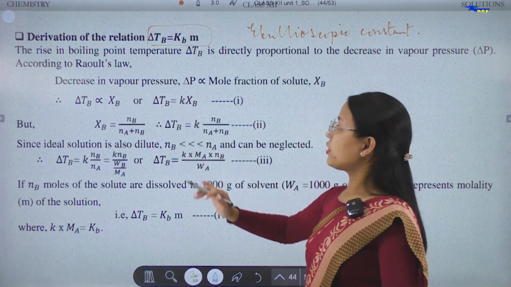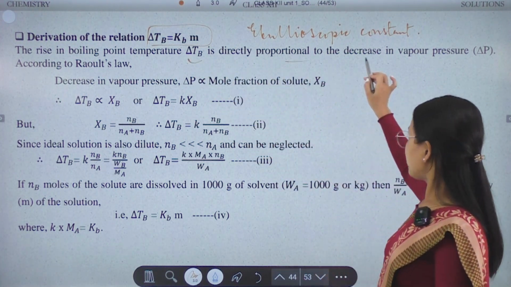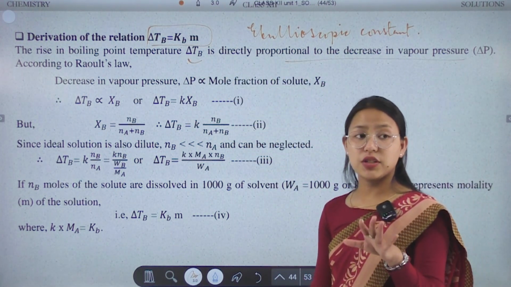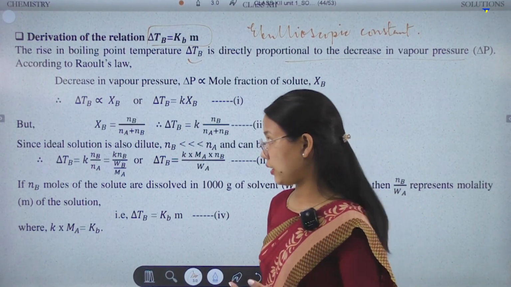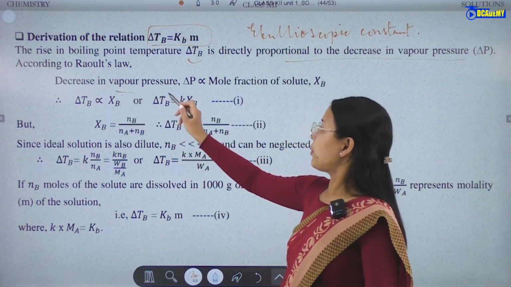Here the rise in boiling point temperature, that is delta TB, is directly proportional to the decrease in the vapor pressure. Vapor pressure is directly proportional. Then according to Raoult's law, the decrease in vapor pressure is